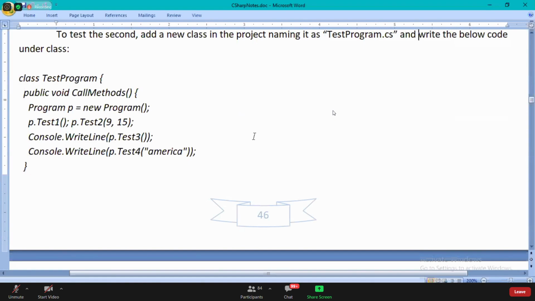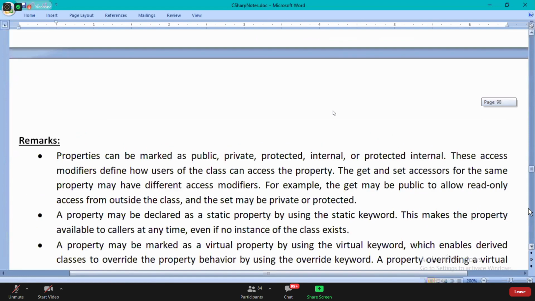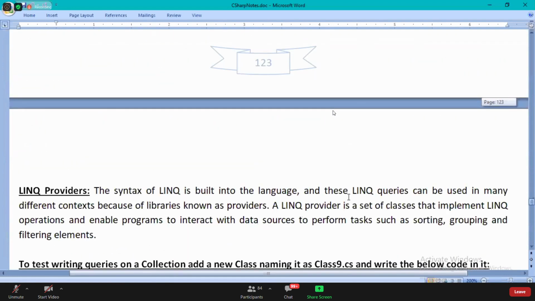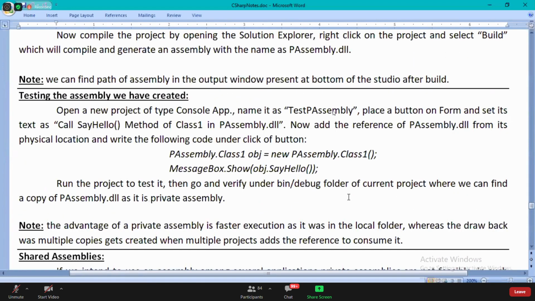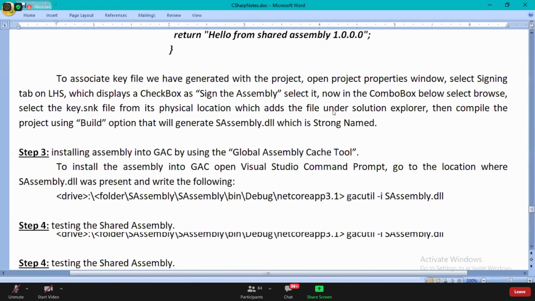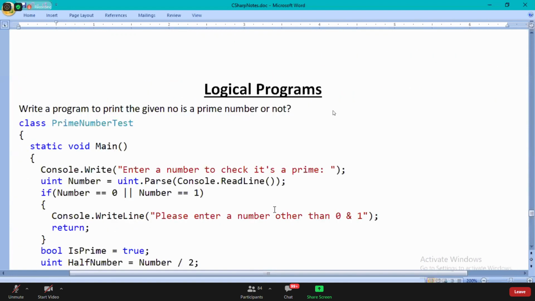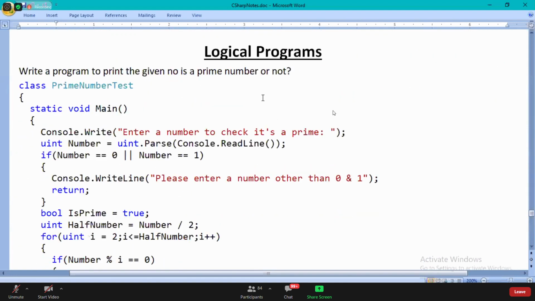These type of programs they'll ask you. So that's why for the convenience of the students, starting at page number 132, guys, watch all of you. I've given you some logical programs.